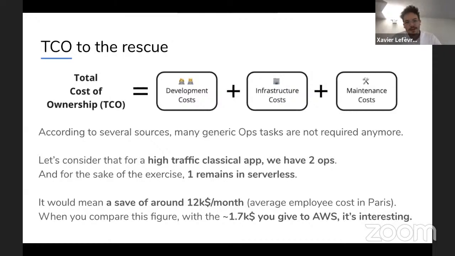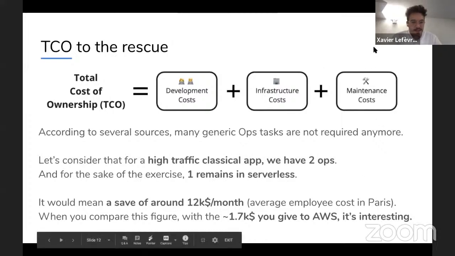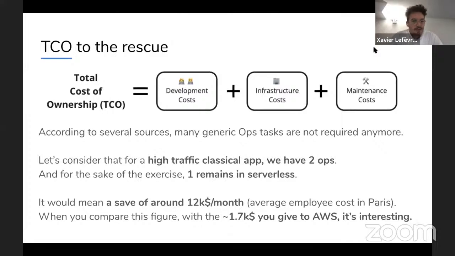There is still a lot of requirement for ops that's different. Serverless changes the game a little bit, but it's clear that you can reuse this time and this cost for better purposed tasks. So if we take this example, it would mean that we can save or reroute $12K per month